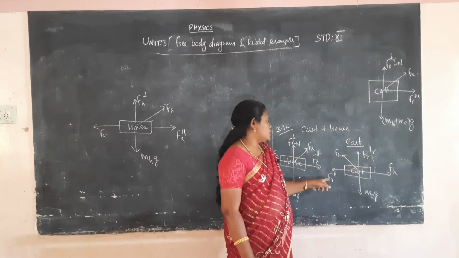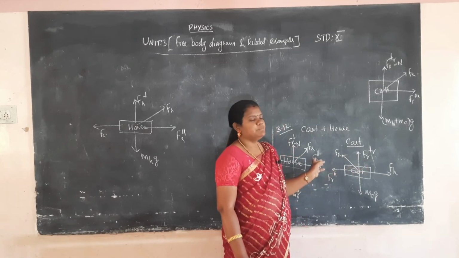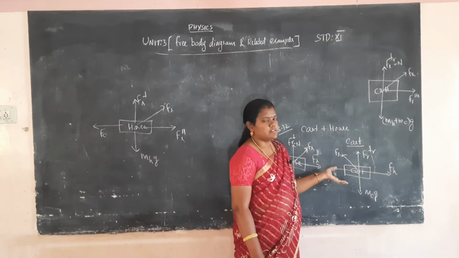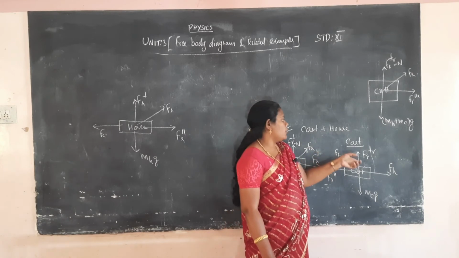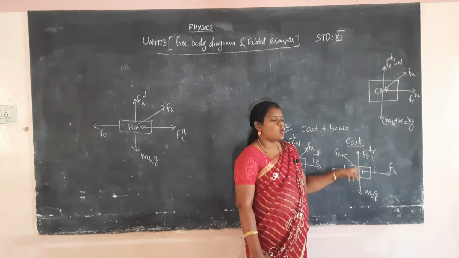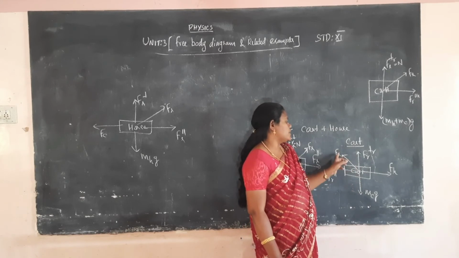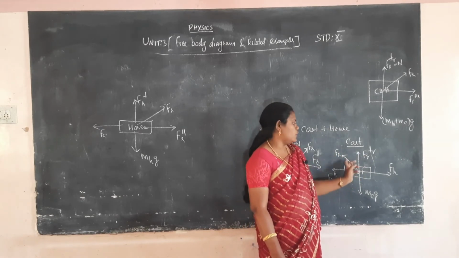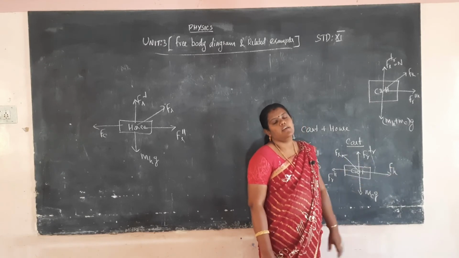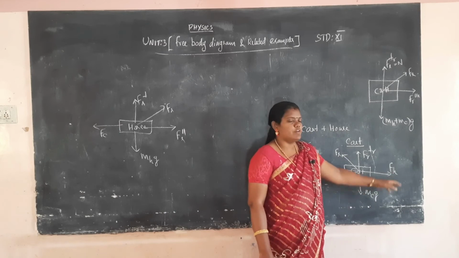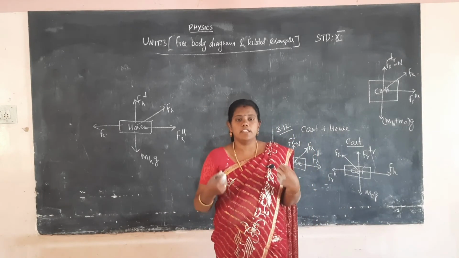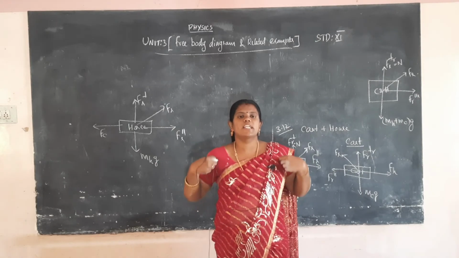The parallel component will be mentioned parallel to the cart or horse, and the perpendicular component will be mentioned opposite to the gravitational force on the cart. The resultant force will be mentioned in between the parallel component and perpendicular component, and Fh is the force exerted by the horse. So this is the forward force. The horse exerts force on the cart and it moves forward.